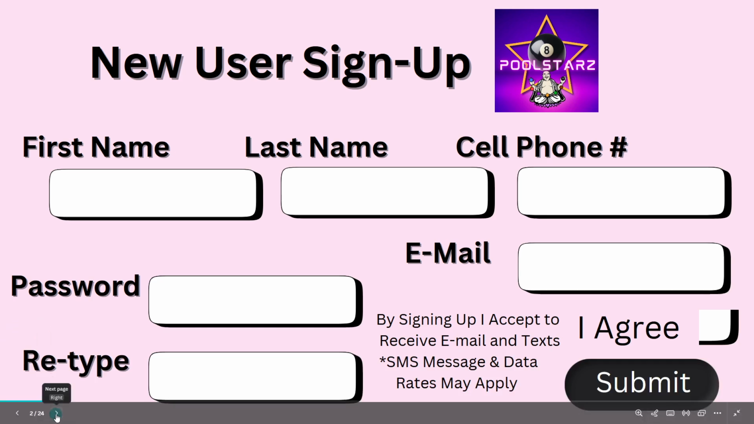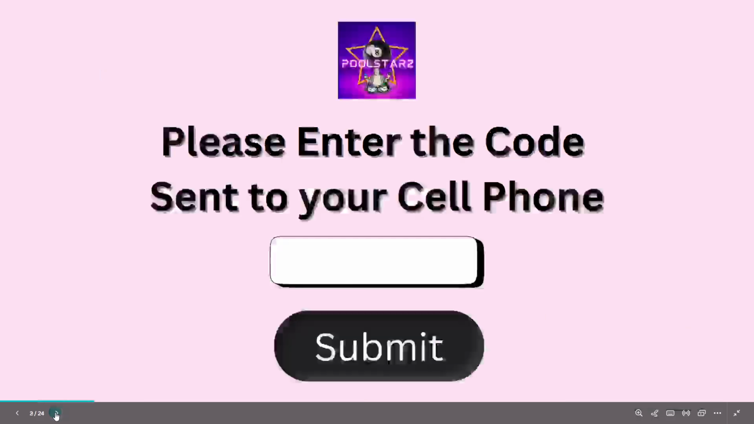Creating a new account, you would then receive a text message to your cell phone with a verification code. You would then submit this verification code to verify that you are in fact the user with that cell phone number,